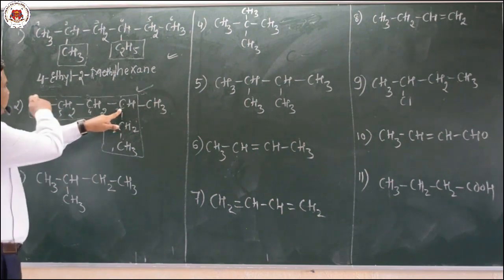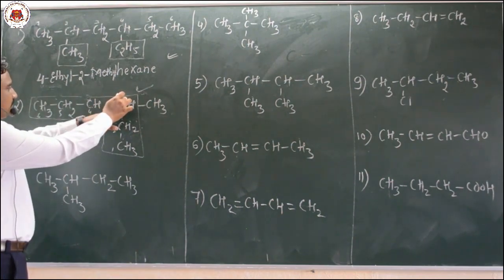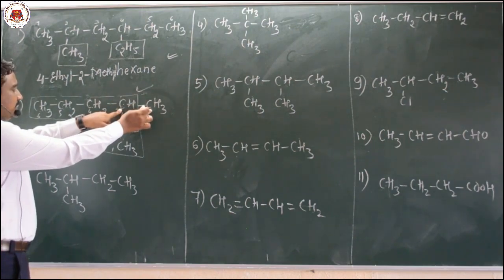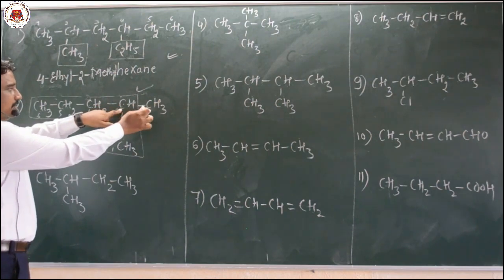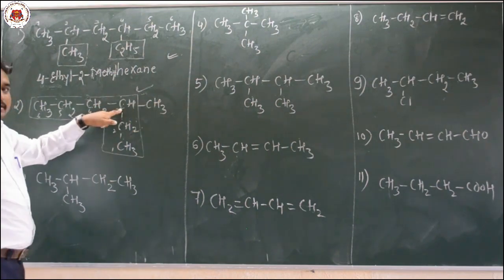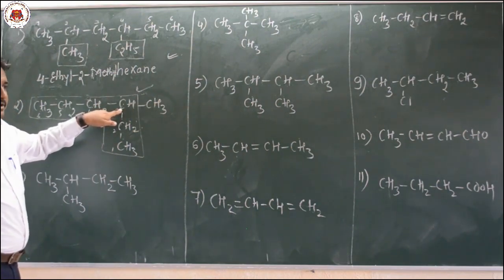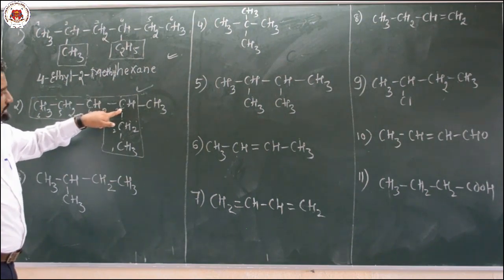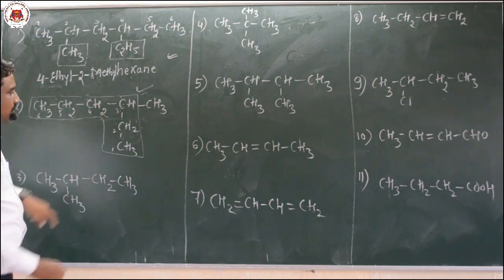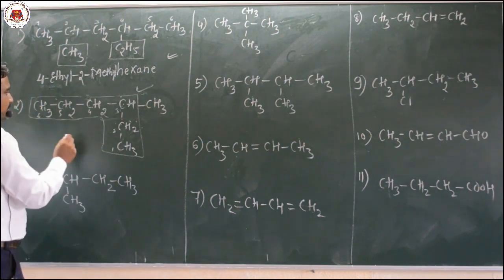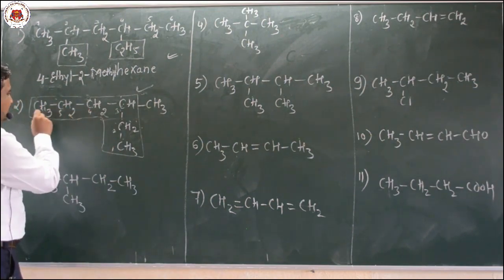Hence from this side the fourth carbon gets what here? Branched substituent group is there at the fourth carbon. From this side the third carbon has the branch. So for that reason, as per our IUPAC rules, the branched carbon should get what here? Lowest number. So hence this is the correct way of numbering: 1, 2, 3, 4, 5, 6.